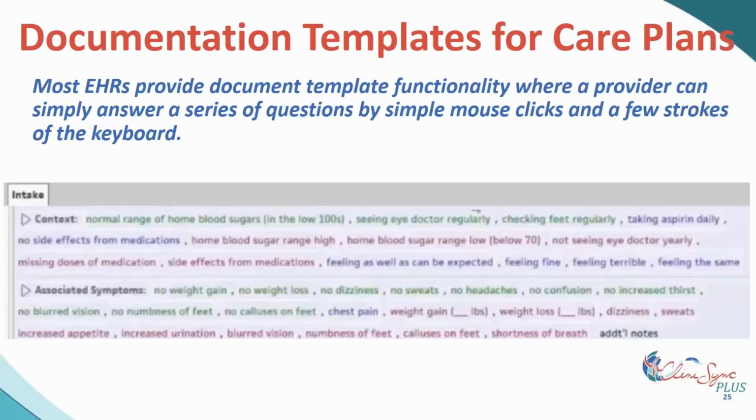What the documentation template really allows you to do is develop this nice template so that it really just asks the provider a series of questions that the provider would either do a mouse click or maybe a mouse click and a few quick keystrokes to go down through and make all the selections. This example is from Athena Health, and I strongly, strongly, strongly recommend you take the time